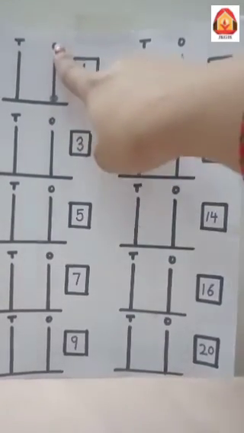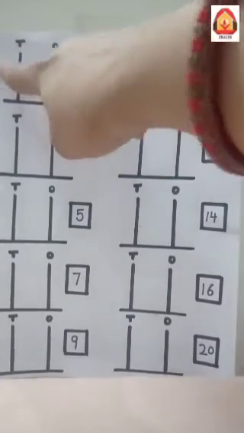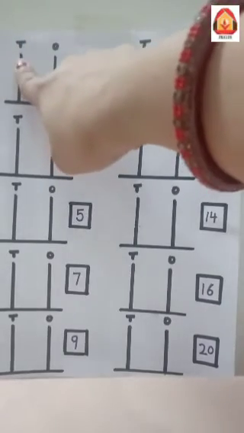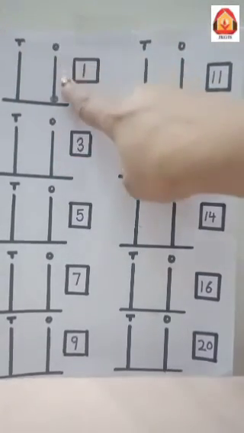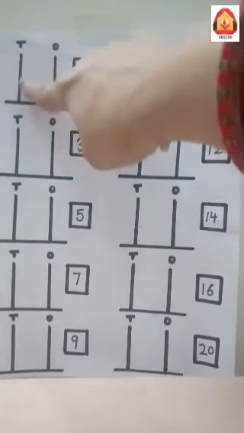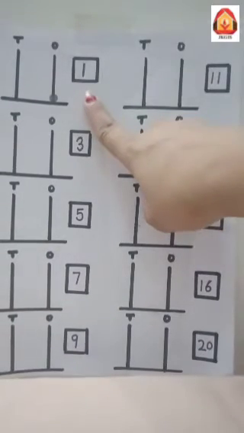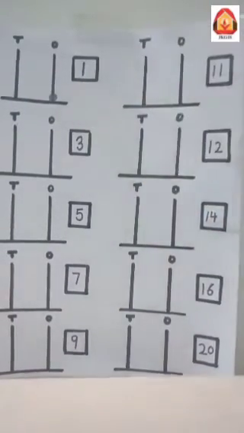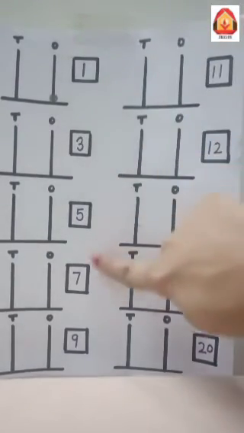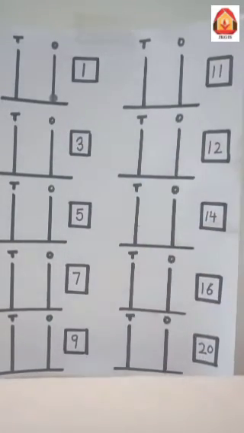ये जो सीक्वेंस होता है ones and tens का, ये इसी तरीके से होता है. We can't keep tens here or ones here. Ones should always be here and tens should always be here. Okay? See, I have given one number here, 1. So what I have to do, I have to represent all these numbers on these abacus.